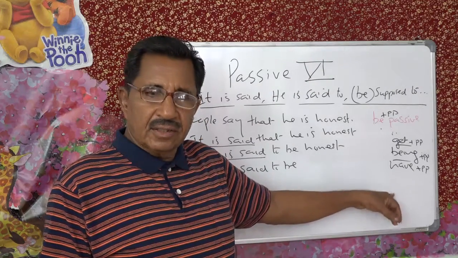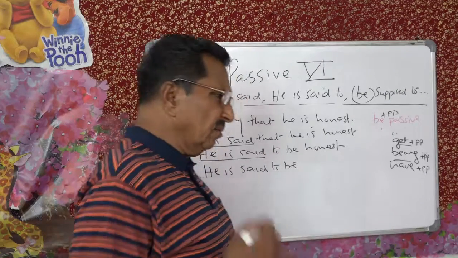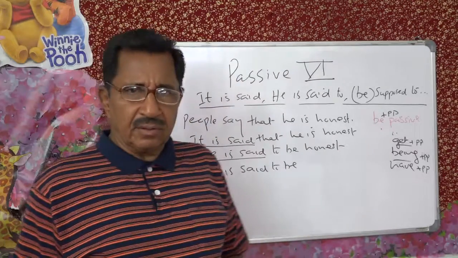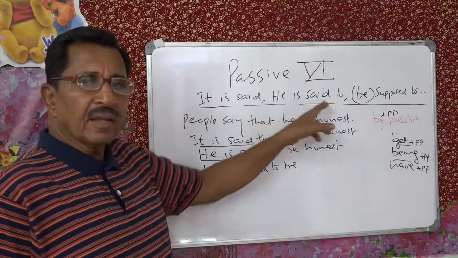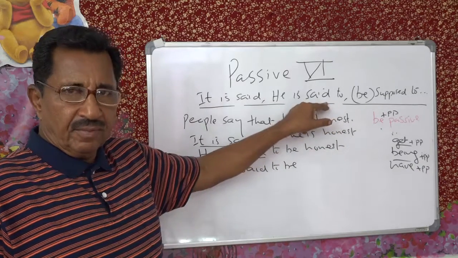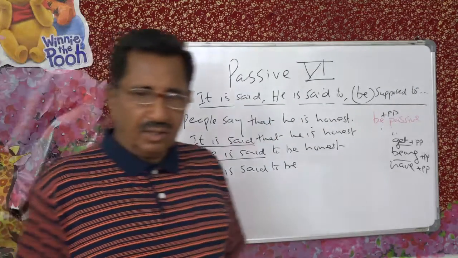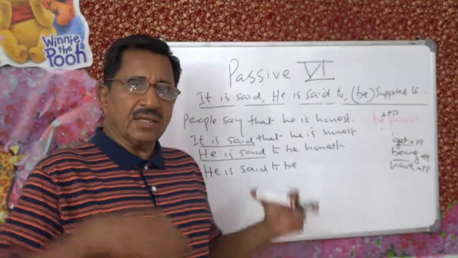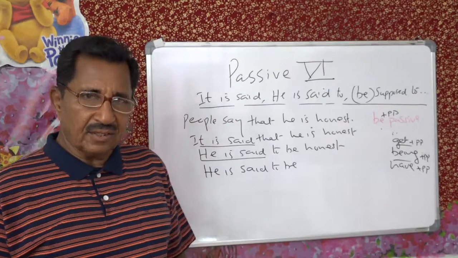Yes or no? She is said to be a great dancer. You can say, so many words you can use like this now. For example, you can say thought, believed, reported. It is thought that he will become a great man. So, people say that he will become a great man. Understand? People say that he is a great man. He is said to be a great man. We can say like that, right?